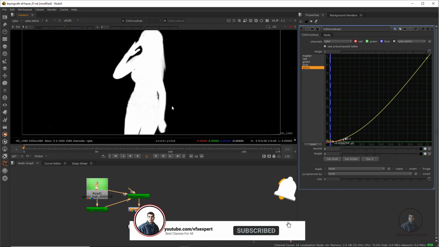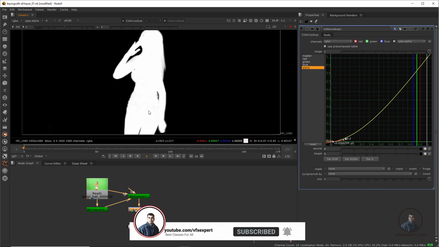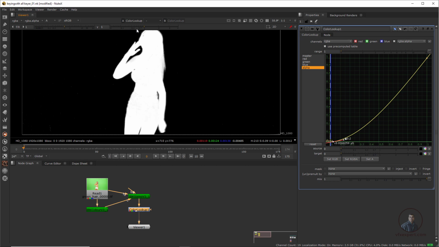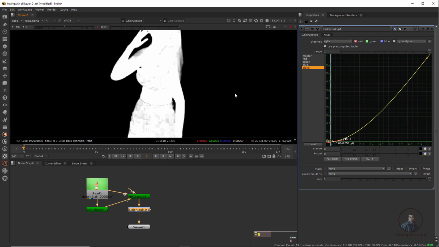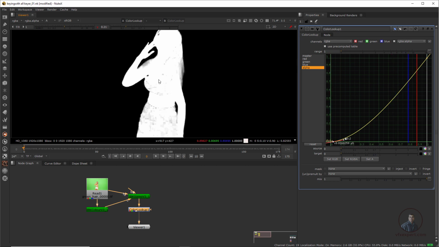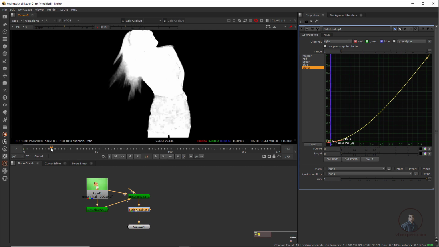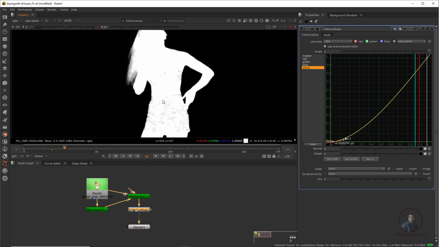Then we have to check a little bit about this white value. Reduce this gamma value a little bit, so we can easily see. Now if you look here, actually some gray pixels are here. For this, if you want you can adjust this value, but here I am going to use our core matte for adjusting all these values where I am getting gray. For this I am going to use our core matte. So just clear this gamma here.